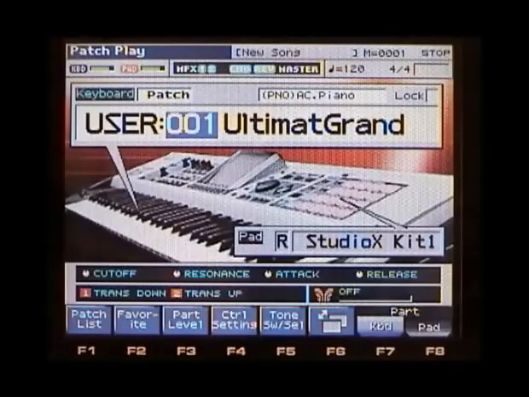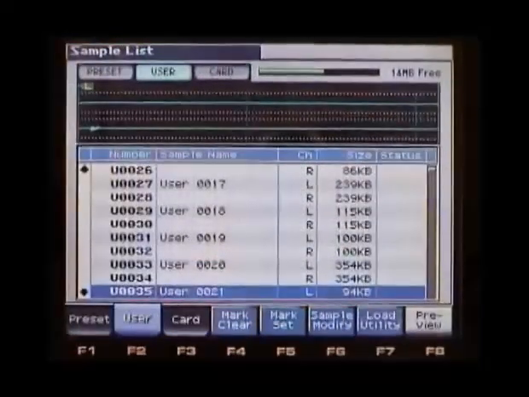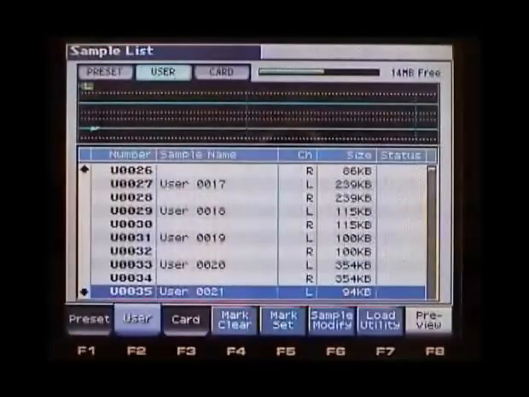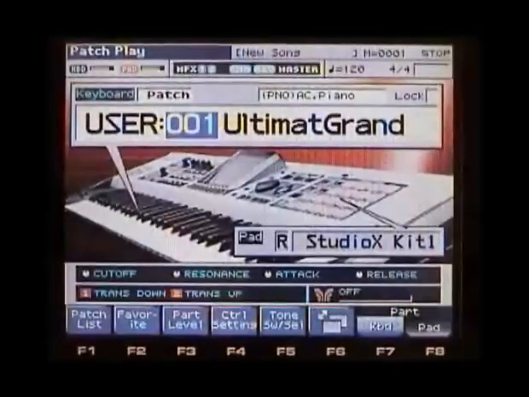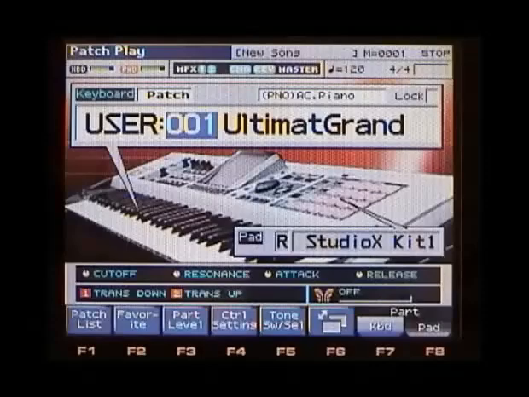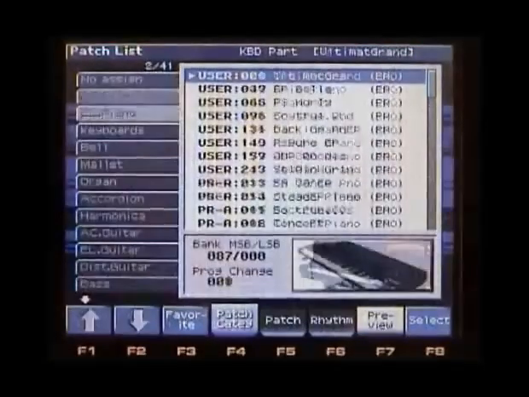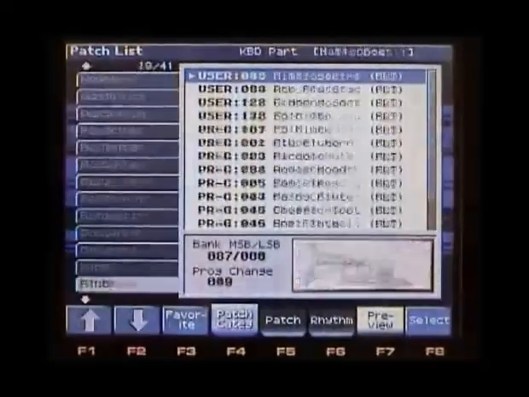And to access this new feature, very simply, first all you're going to do is make sure that in your sample list you have your samples loaded that you want to use. And then we're going to exit out and go back to patch rhythm mode, and then simply press the F1 key. And from here, if we scroll all the way down on the tabs by pressing F2